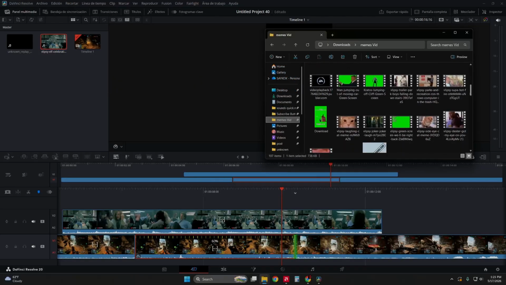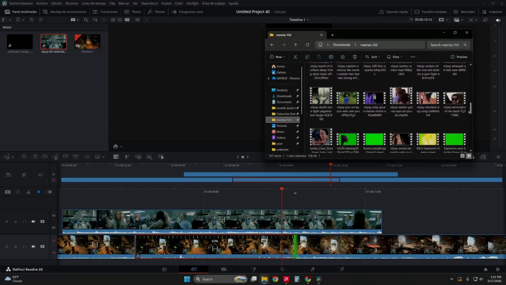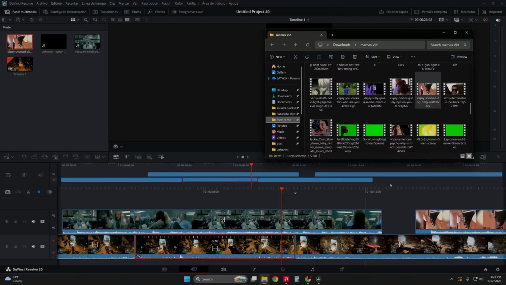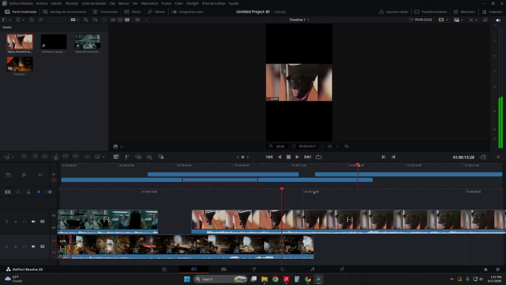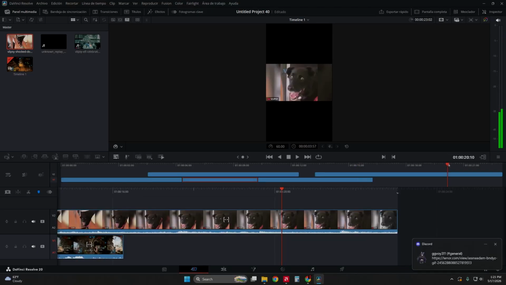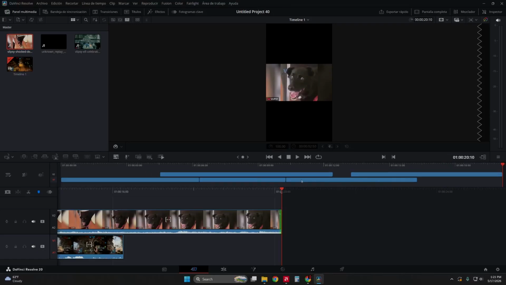I'm also gonna look for maybe a different meme, like this dog I like, where he's just amazed like what just happened, but I don't want it to last too long, so I'm just gonna cut there, trying to make it fit same as my video. So let's see what I'm gonna do.